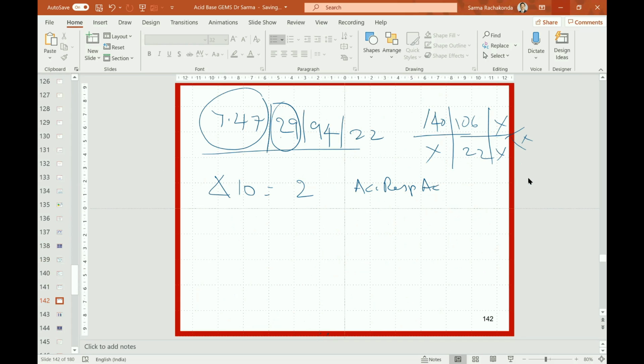I expect 2 units, and those 2 units means here the carbon dioxide is going down, so the bicarbonate also should go down. From 24 it should go down by 2 units, which is 22. My present bicarbonate is also 22. So there is no shift in the bicarbonate, either this side or that side. So that means it is not a mixed disorder, it is a pure acute respiratory alkalosis.